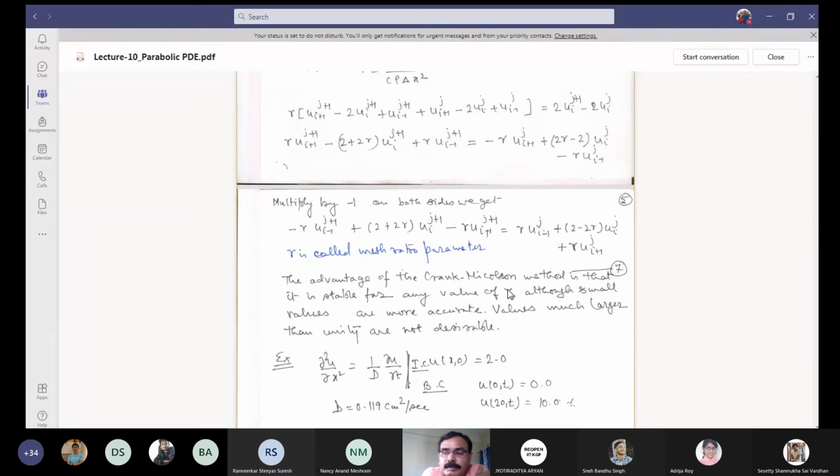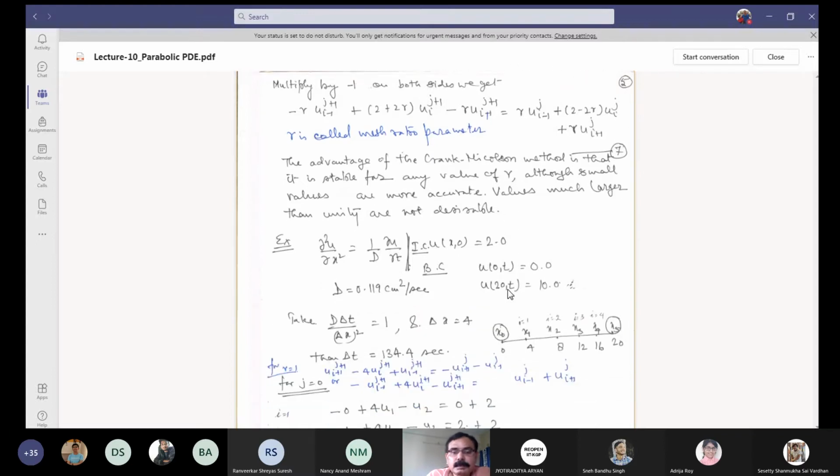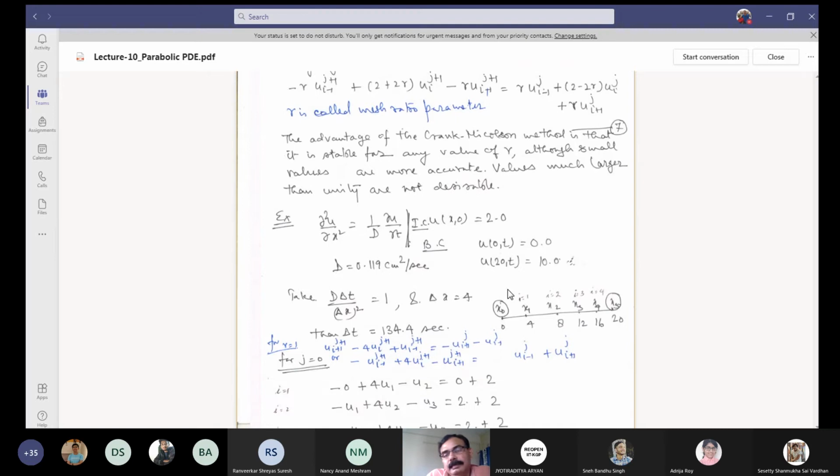So at x equal to 0, it will be a boundary value problem, but at t equal to 0, it will be an initial value problem. So which value do you have to take, the initial value or the boundary value? That confusion comes into the picture. For the last problem, it was the same one. At 0, both apply, either it is a boundary condition or an initial condition, but in this case, we'll see it is not so. I've already told you on the last one itself, we'll take the average of the initial condition and the boundary condition at that point. I will explain that once it comes into the picture.